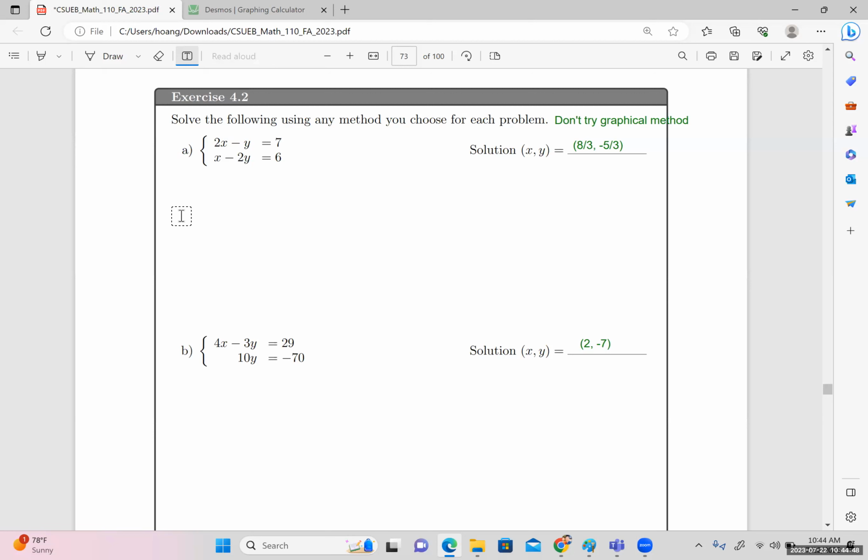So first, you want to think about which method you should use in here. I would recommend you use elimination, since both of the equations haven't been isolated, so we're just going to apply, I mean, elimination methods. Let's use elimination. Okay,